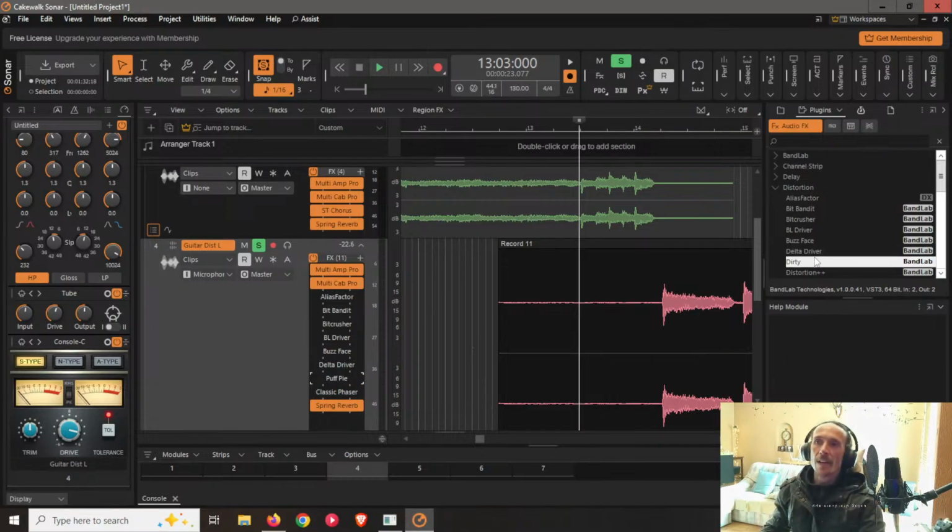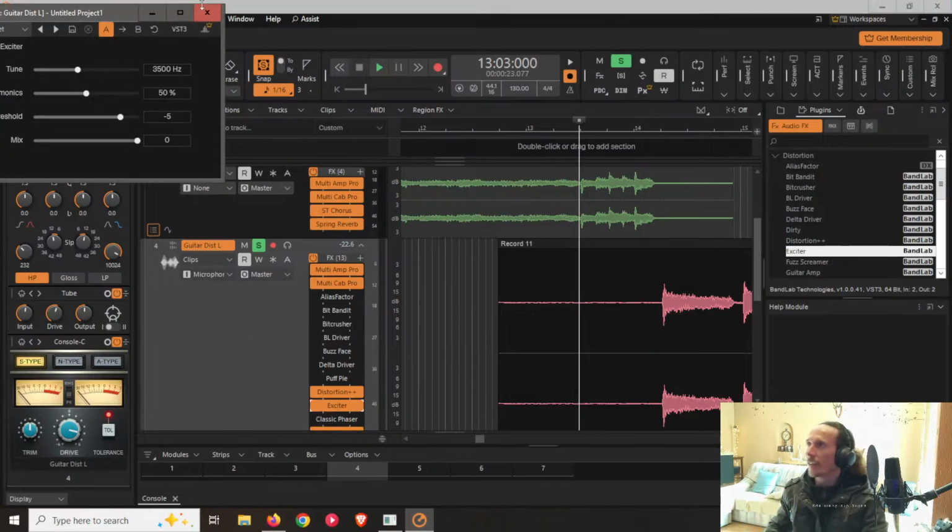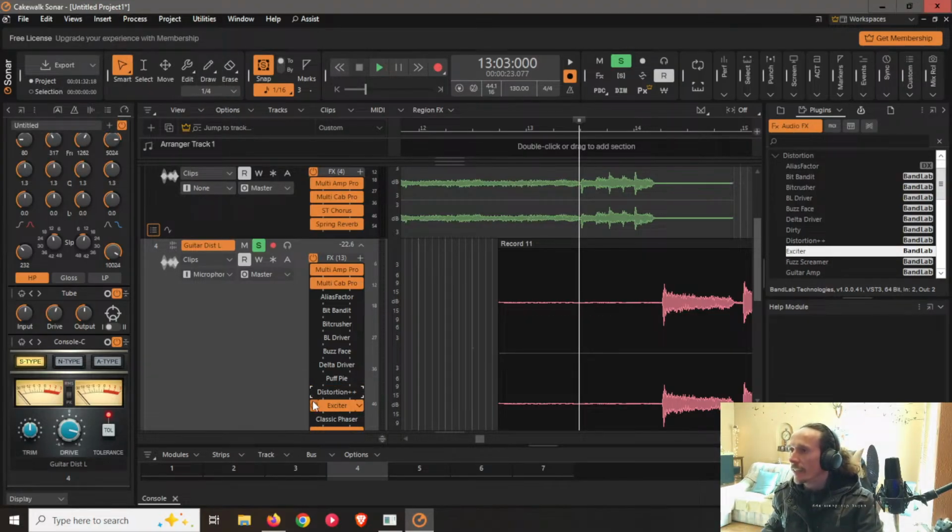Because ultimately I want to find a distortion sound on here that I really like, that I can use going forward for other stuff. But I've got no idea what any of this does. Because nowadays guys have the weirdest names for things. It used to literally just say drive or overdrive. And you're like, cool, that does an overdrive sound. Now it's delta driver, buzz face, puff pie,